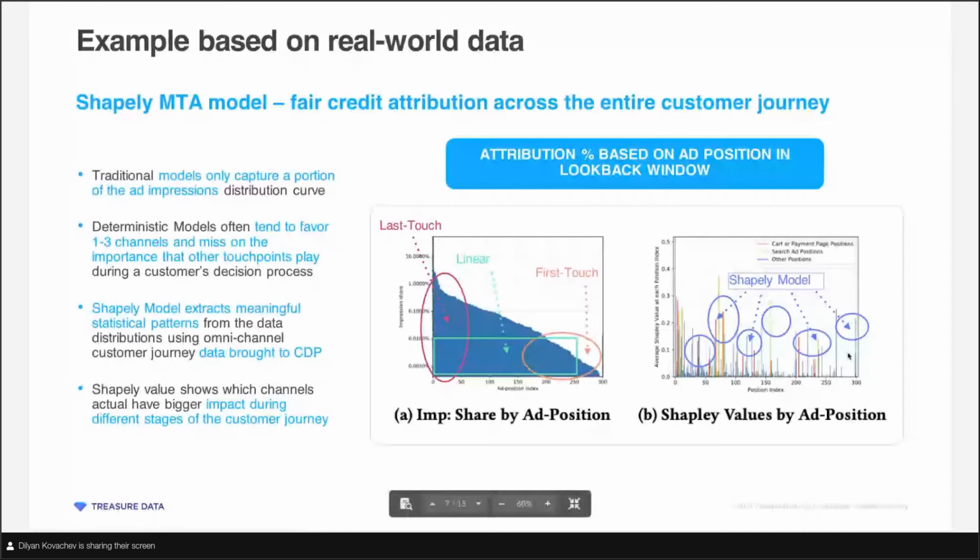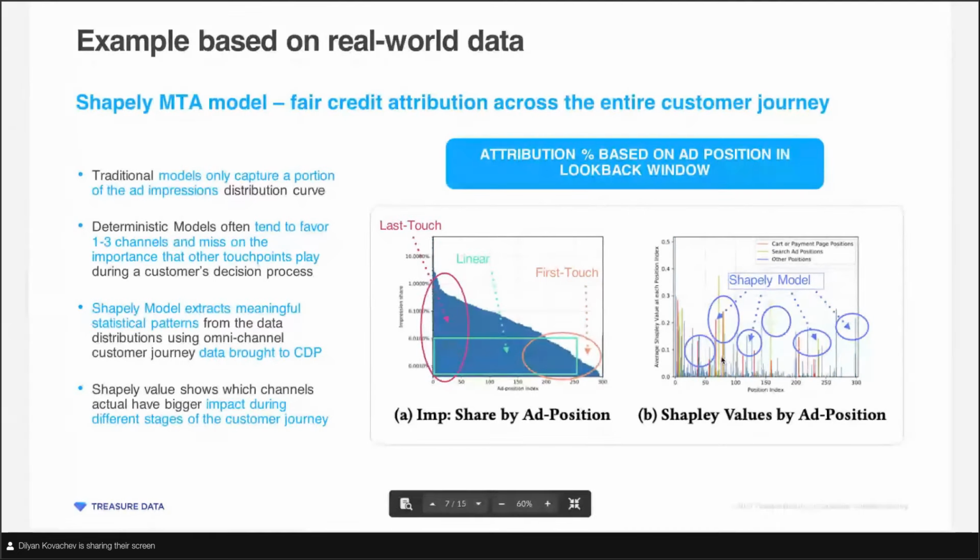But at the end of the day, what you're seeing here is each color is a different channel or a different part of the journey, and whenever there are spikes, basically this figured out that yellow is search, for example. So it saw that search did well towards the beginning, but it also does well in the middle for a lot of the journeys that were in the data, as well as close to the actual conversion.